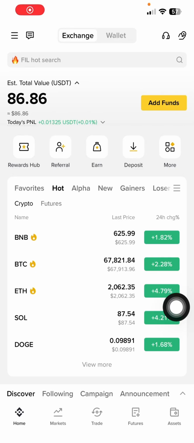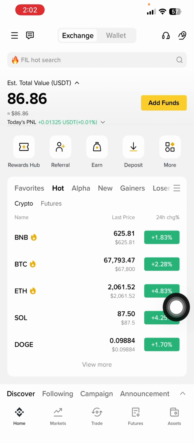Hi fam, in this video I'll show you how you can transfer crypto from Binance to another exchange. How you can take your crypto from Binance and send to ByBit or send to OKX or whatever exchange. So the process is going to be the same. For this tutorial, I will show you how you can take funds from Binance and send to the ByBit